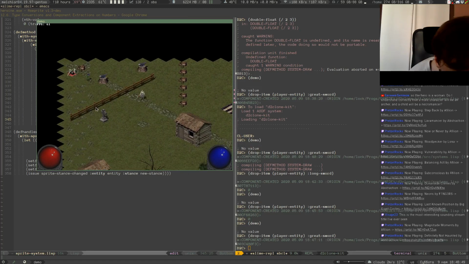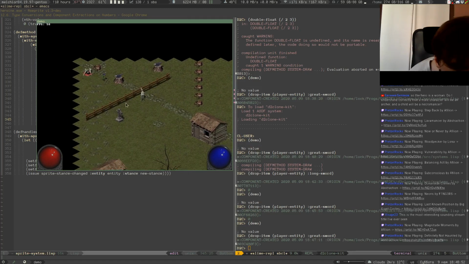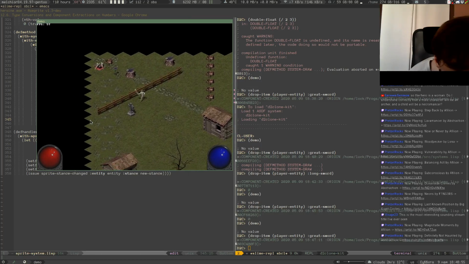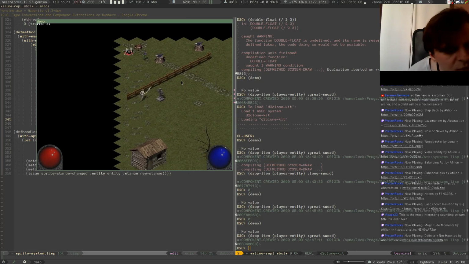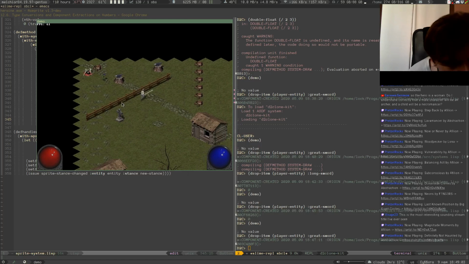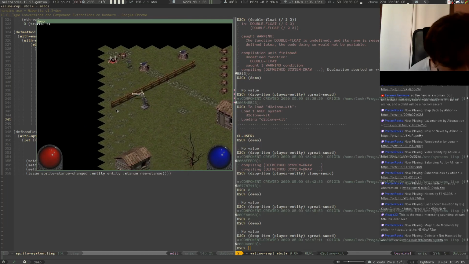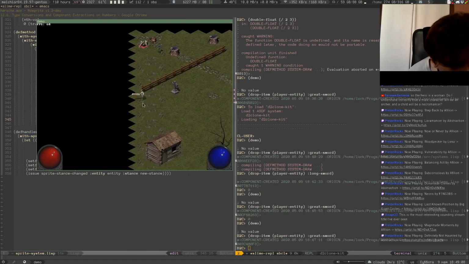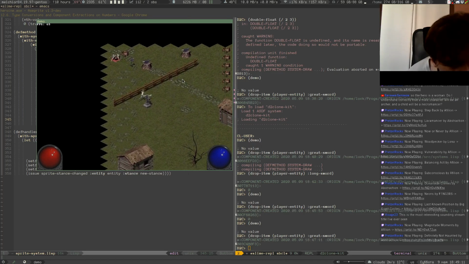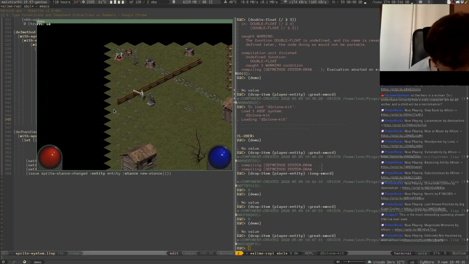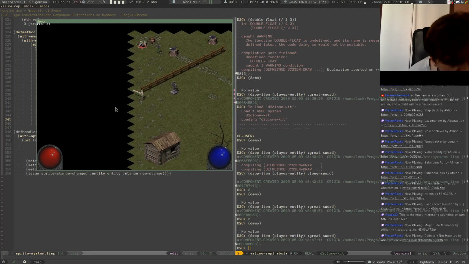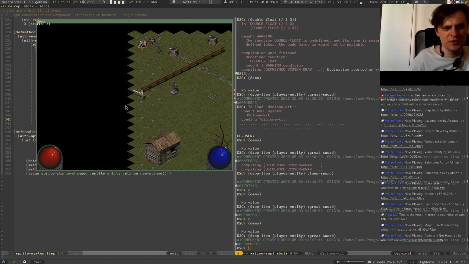Yeah, that's weird. The most weird thing is that the sword is behind the shadow of the fence, but actually the image of the shadow is on the same tile